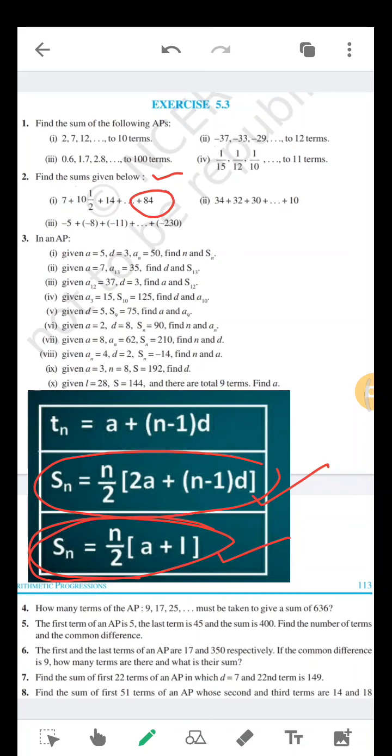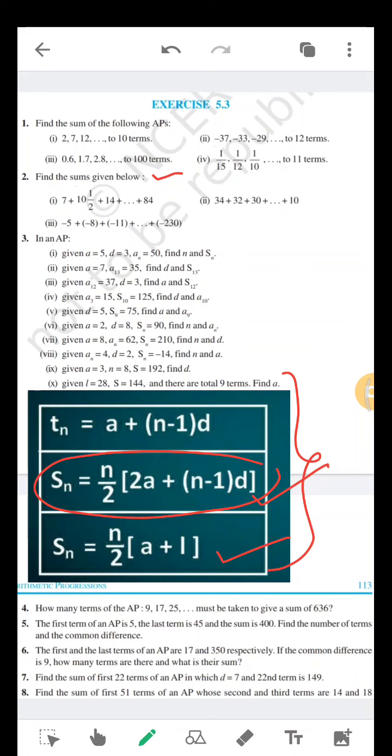In the second question you can see 34 plus 32, we have to go on adding. This is a decreasing series. So we have to find the sum up to 10. So 10 is the last term in this, so we can use this formula n by 2 into a plus l for the second question. So let's continue with this, and remember it, the whole arithmetic progression revolves around these three formulae. These are the only three formulae which are used in arithmetic progression in your syllabus.